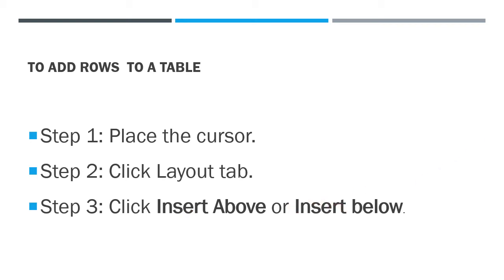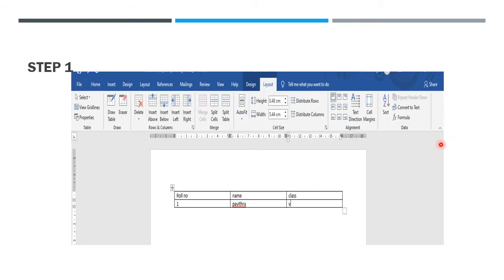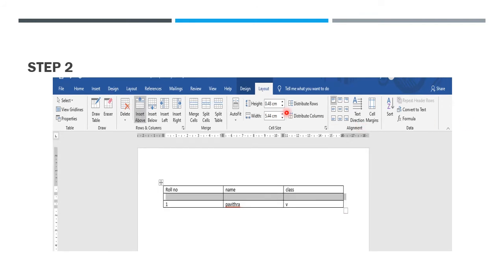Now let's see how to add rows to the table. In the first step, place the cursor in the table where you want to insert the row. See, here I have placed the cursor. In step 2, click the Layout tab. Here the Layout tab is present. I click the Layout tab.